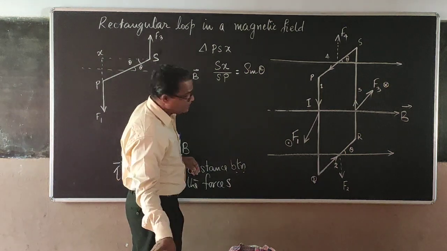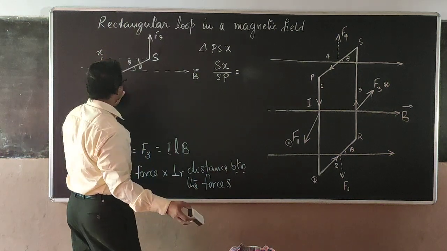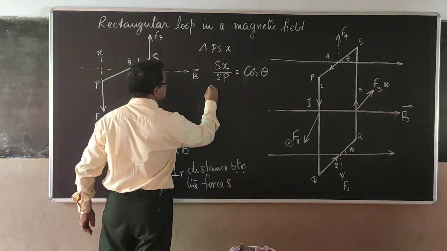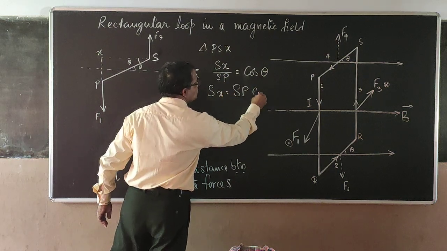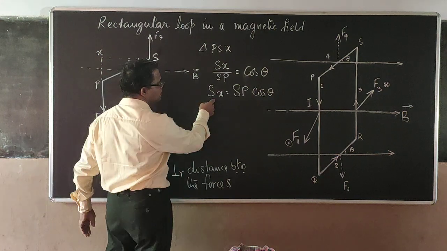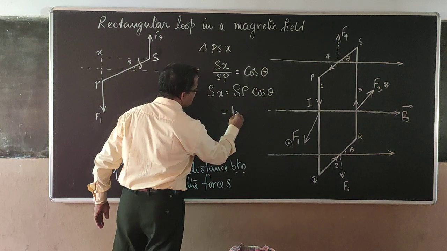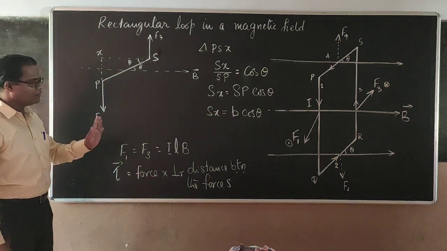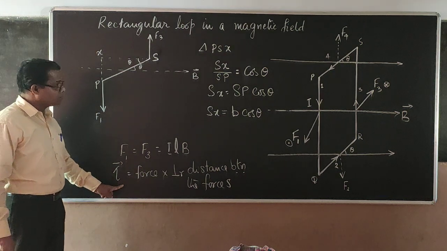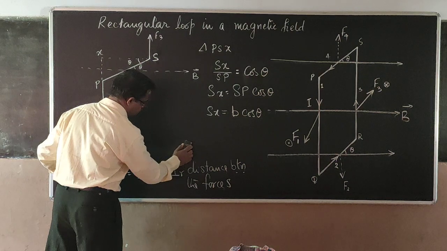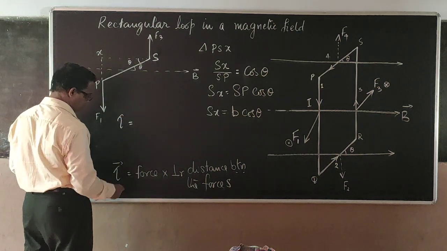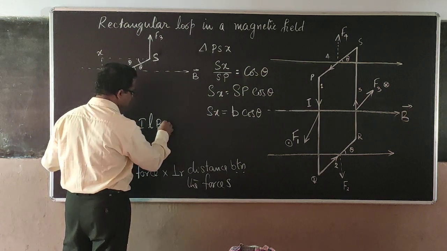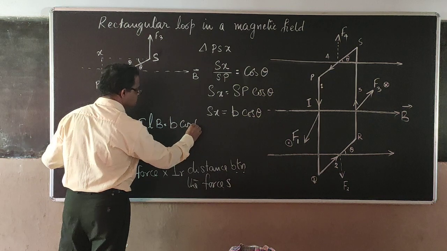cos theta, since SX is the adjacent side, not sin theta. Therefore SX will be equal to SP into cos theta. Therefore SX will be equal to B cos theta. Now I can substitute into this equation. We got tau equal to I L B, force, either force, into SX, that is the perpendicular distance between the forces, that is B cos theta, and